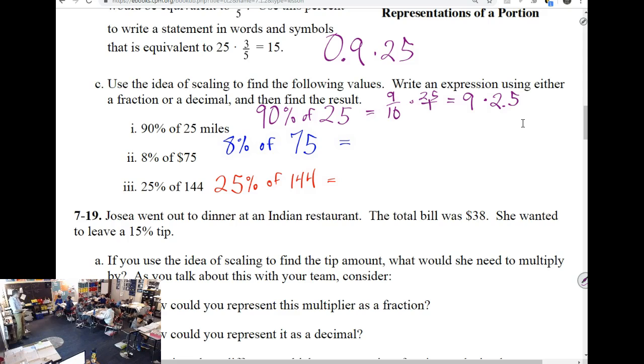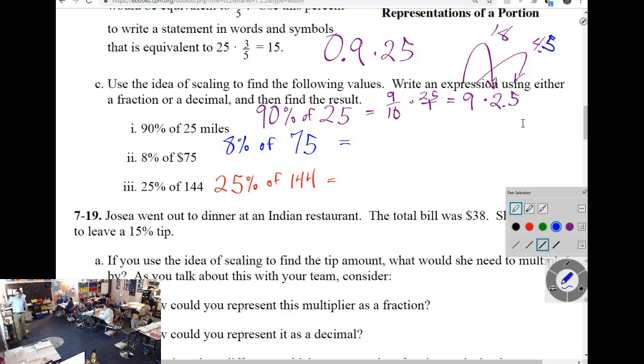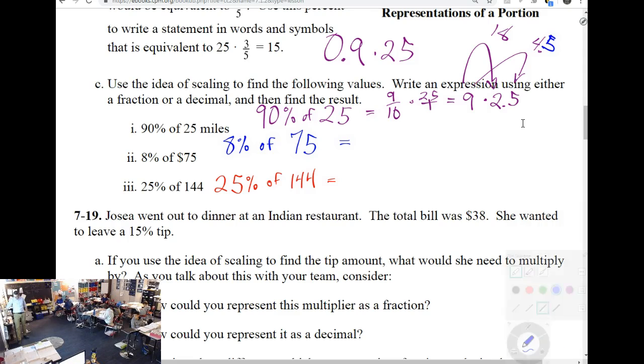Now, you can do it whatever way makes sense in your brain, but now, what's 9 times 2? What's 9 times a half? Yeah, sorry, my brain just got mixed up. 4.5, and then I can put those together. I hate that that's blue, but we're going to leave it. And it gives us 22.5.